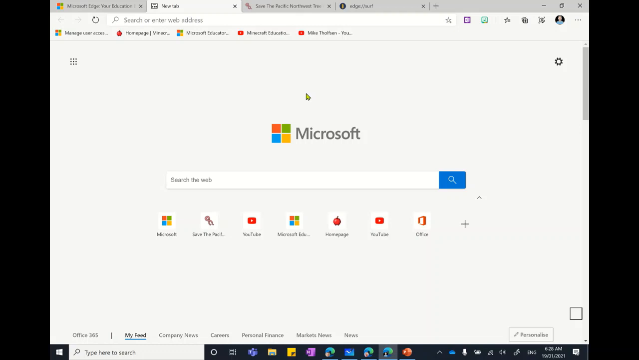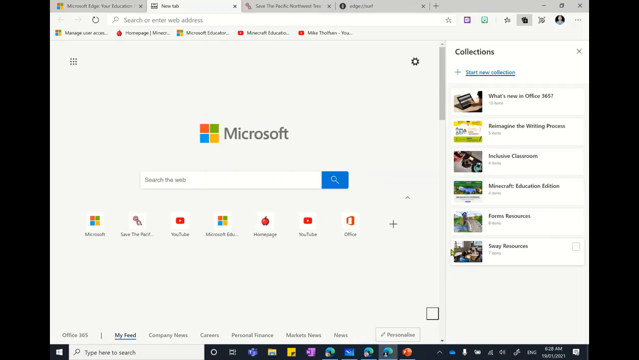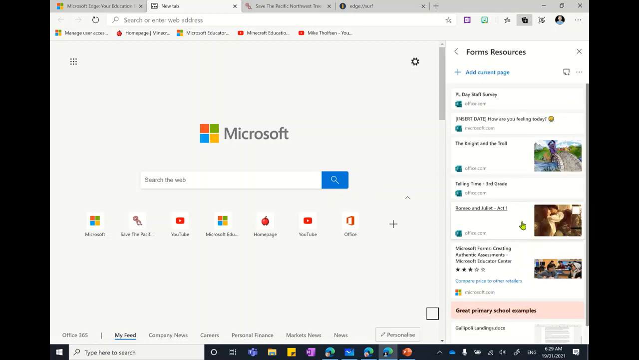But a better thing that I've found now in Edge is something called collections, and that's what I'm using more and more. When I find a useful resource or a useful website, I actually save it into a collection. So if I open up collections here, you'll see I've got what's new in Office 365, reimagine the writing process, forms, resources, things like that. So a collection is really organized